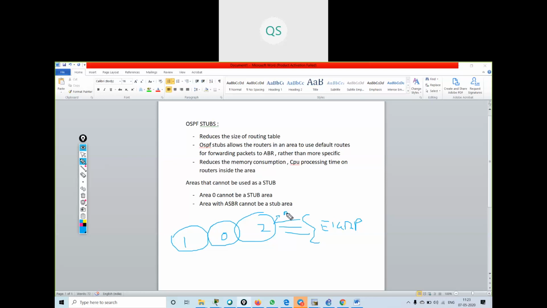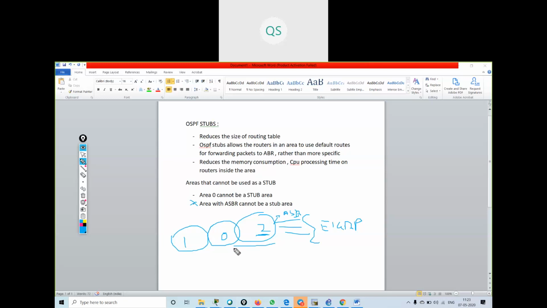This is not area 0, so the first condition is fulfilled, but this area has an ASBR router, so my second condition is not fulfilled. So this area cannot be a stub area. Understood? So it will come to this area.